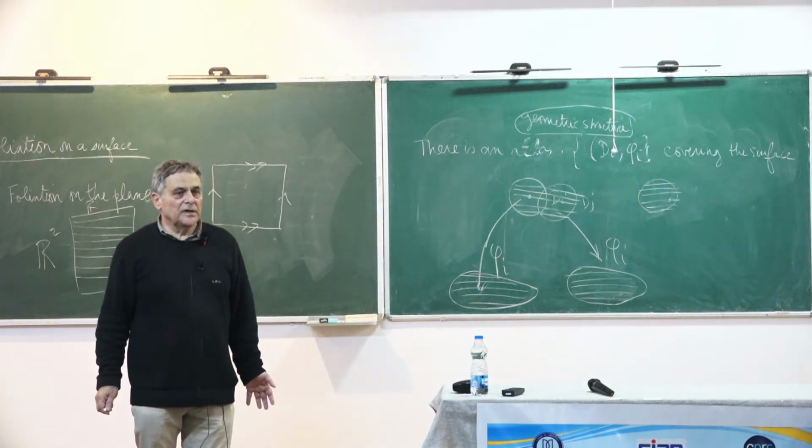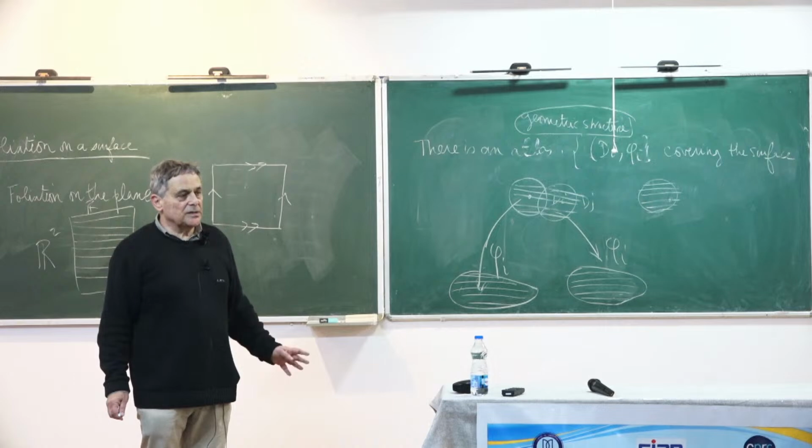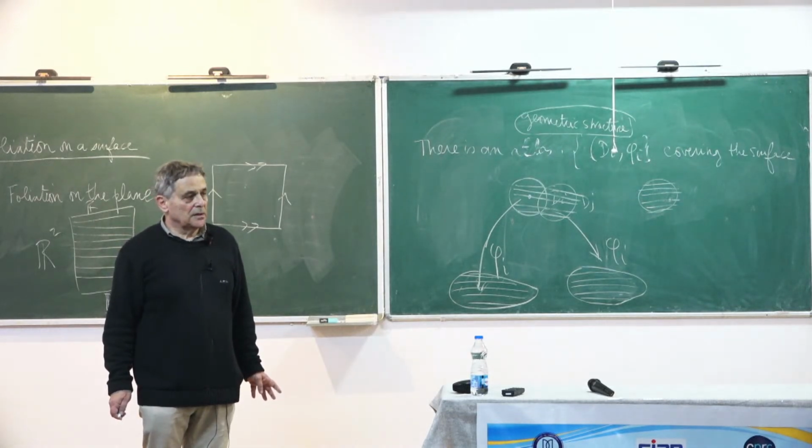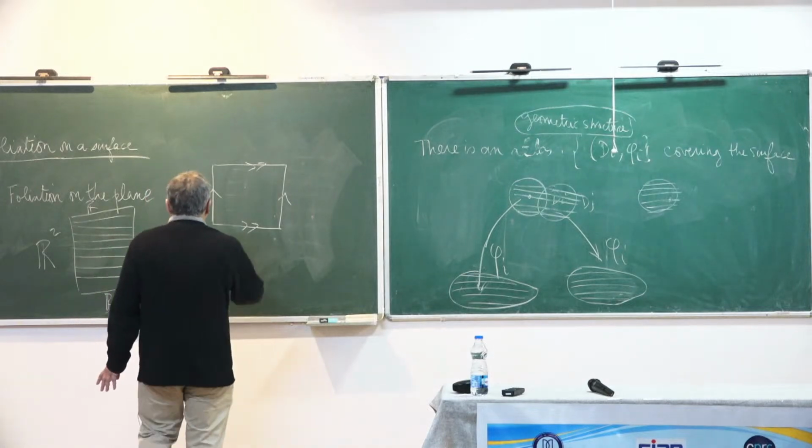Does it have a foliation? Is there a foliation on this torus? Is there a natural foliation on this torus? Yes. So you see,